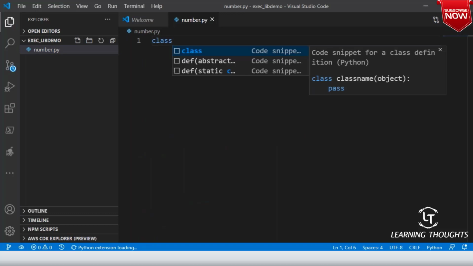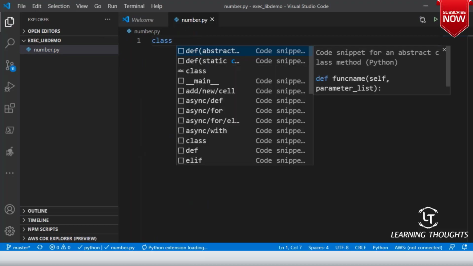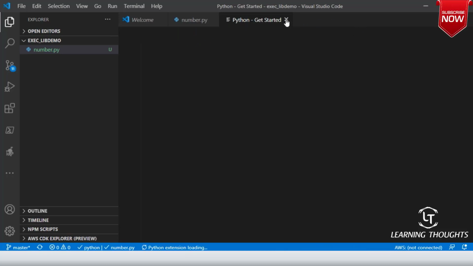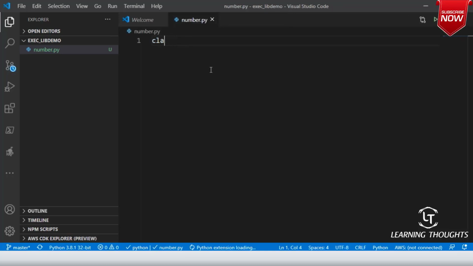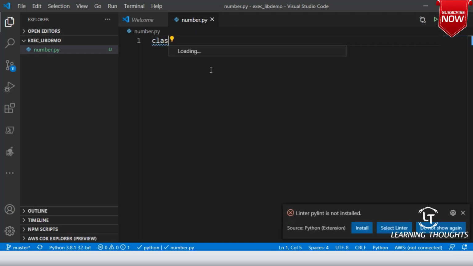I'm not using PyCharm for this, because this is a very simple class.